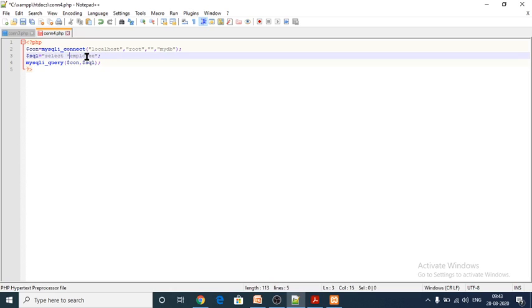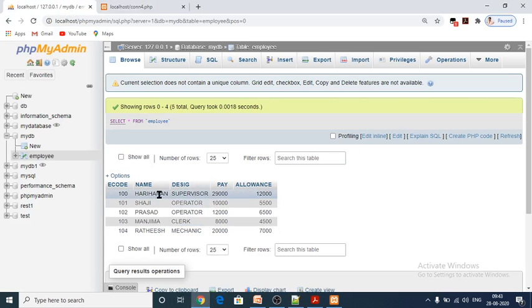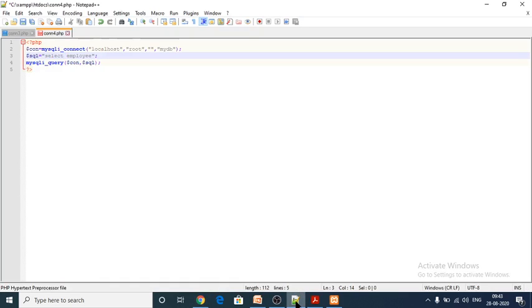So again let me try something different. Here I want to see my table name and designation alone. I would like to retrieve from the table. So name comma designation from employee.